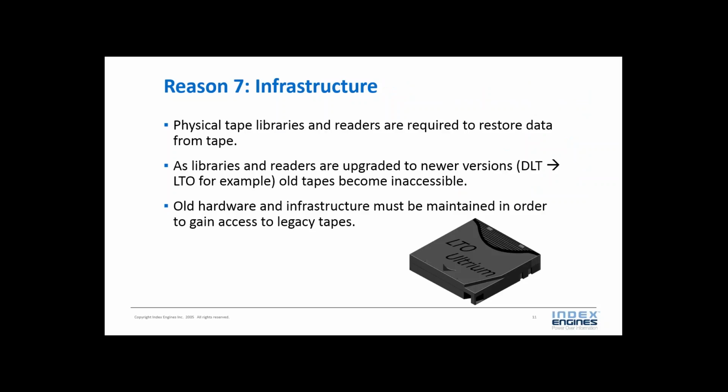So if you back up tapes, and if anybody deals with tapes, they'll know there's things like 8mm and DLT tapes, which are old tapes, LTO1, which is very old, and then LTO6, which is more current technology. So if IT has upgraded their libraries and their tape readers from, say, LTO1 to an LTO6 library that's not backward compatible, those tapes become inaccessible at that point, and that's where the expense and complexity comes in in terms of trying to get the data off of those tapes.